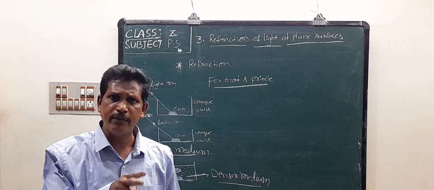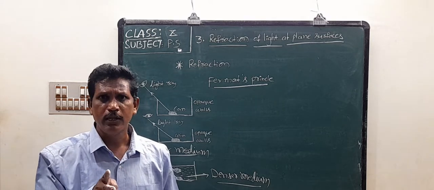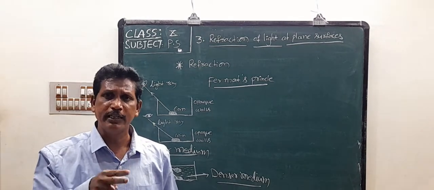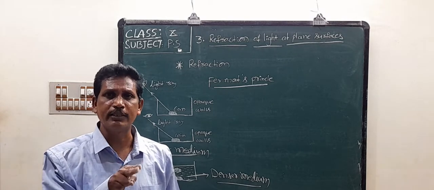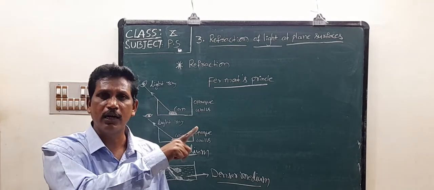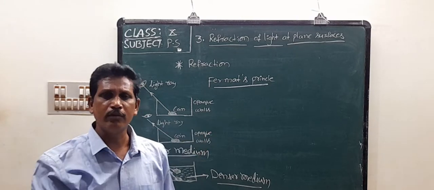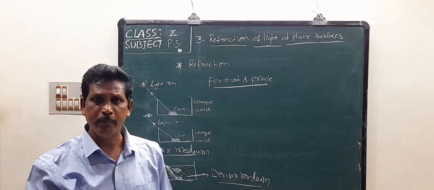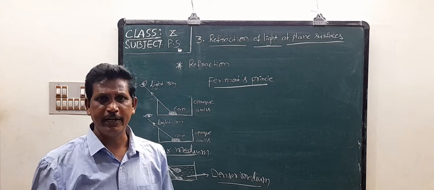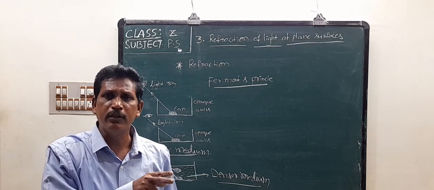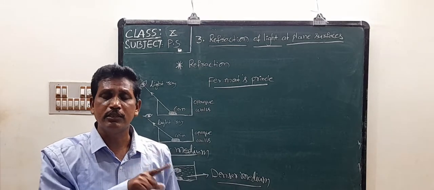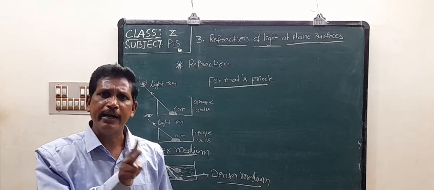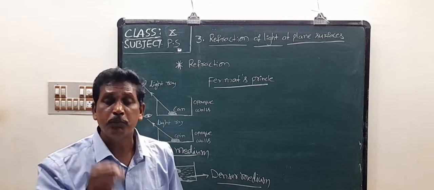If a light ray travels between two points, it crosses the interface of two media. One is the air medium, called the rarer medium. The other one is the water medium, called the denser medium. If it travels from one medium to another medium, it changes its direction and changes its speed also.